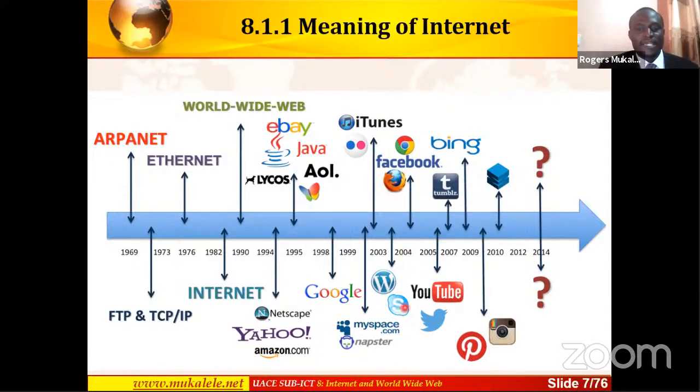We have Skype. We have something known as YouTube. YouTube is also a child as far as the internet is concerned. So the trend moves on. We have WhatsApp and other things. Twitter and all these things have come. So I'm going to be asking you to research more about some of these key developments that have come up